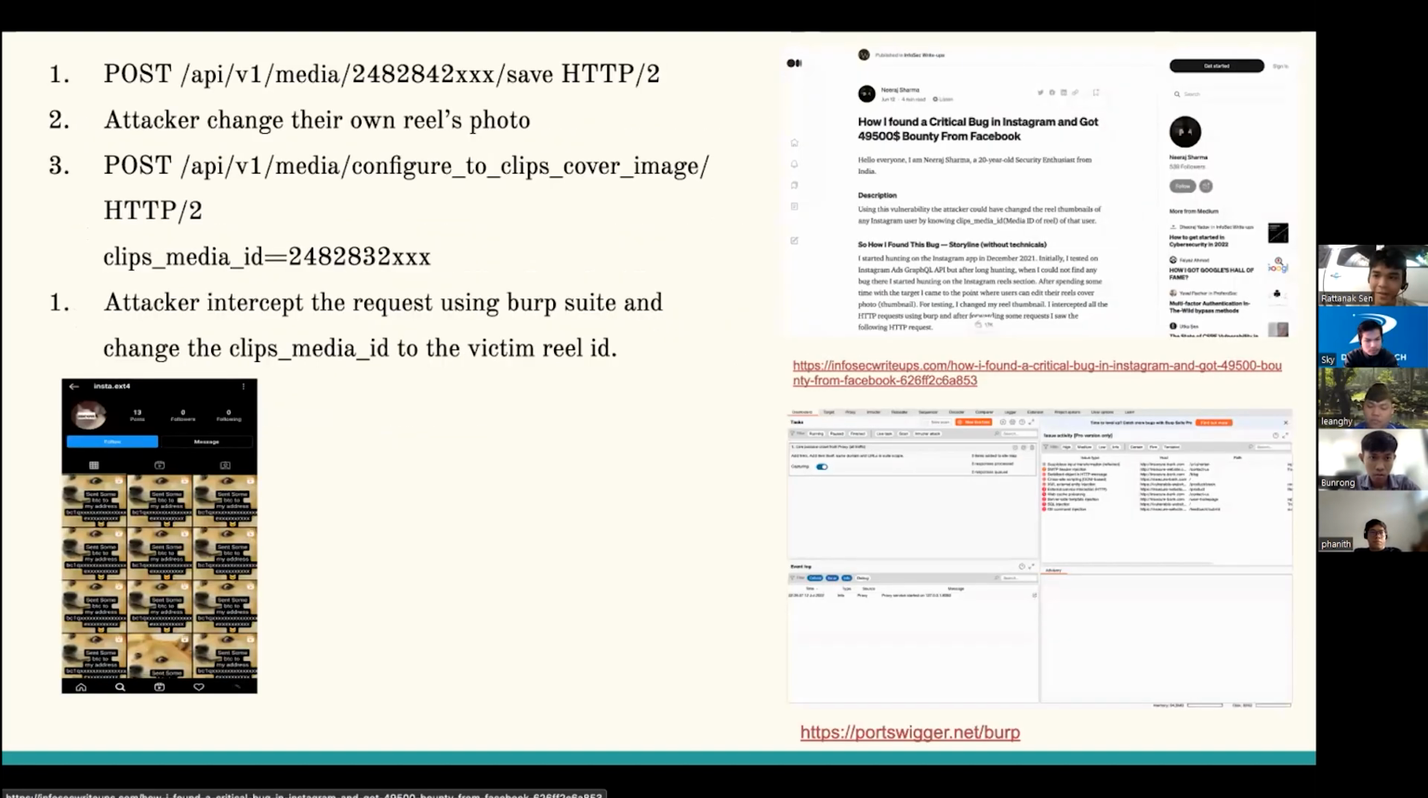So let's take you through a vulnerability in Instagram video reels. For those who don't know what Instagram video reels are, it's basically a TikTok version of Instagram. Instagram video reels allow you to post a short video and upload it to the news feed, and also allow you to check